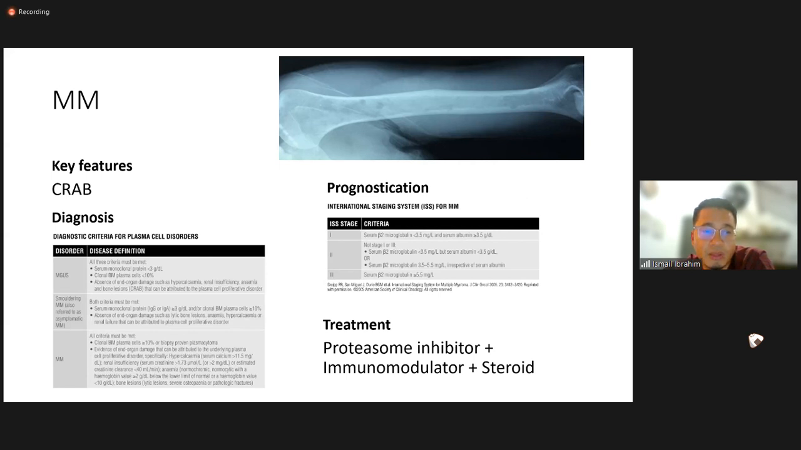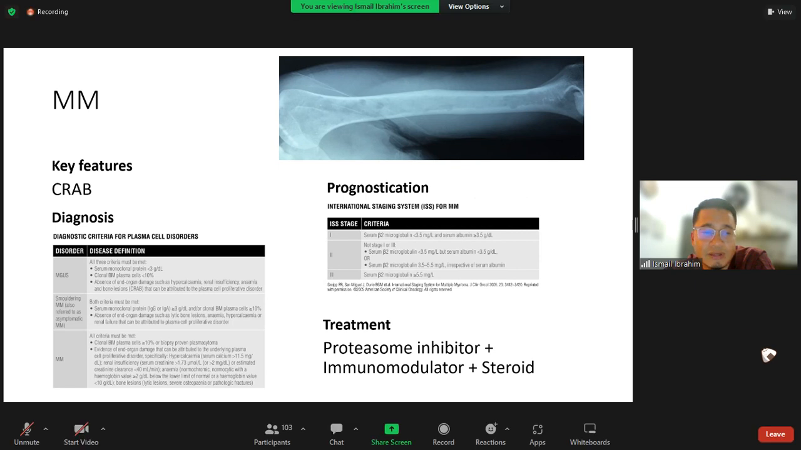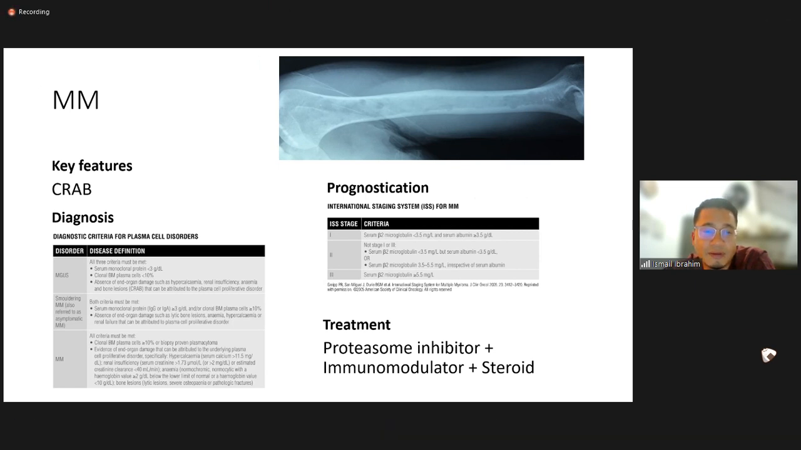There's no CRAB. Another term that we use as well to describe plasma cell dyscrasia is MGUS, so monoclonal gammopathy of undetermined significance, where you have presence of paraprotein, but the bone marrow did not show significant number of plasma cell to diagnose